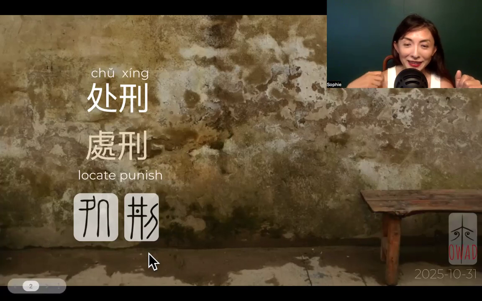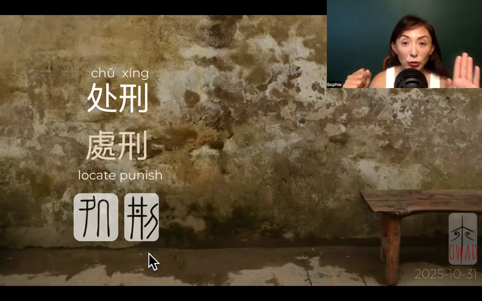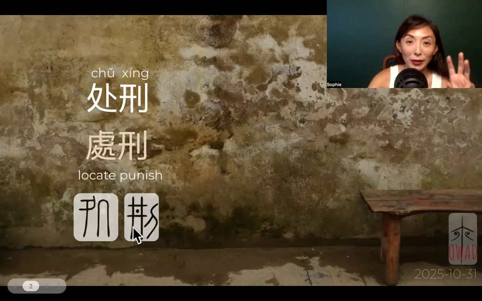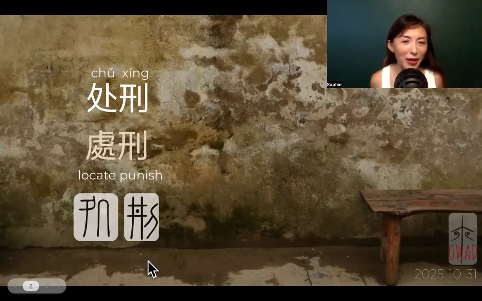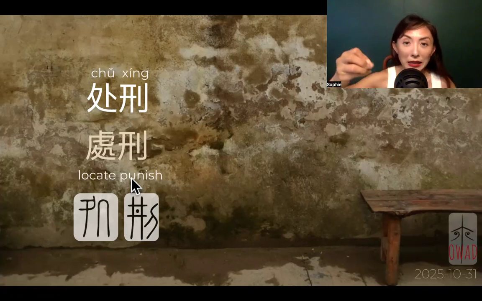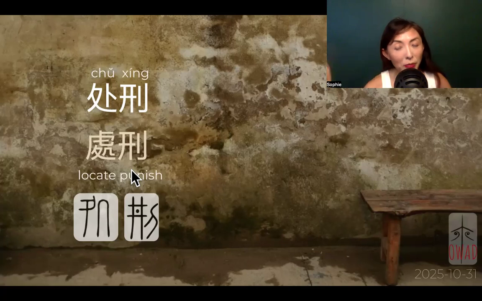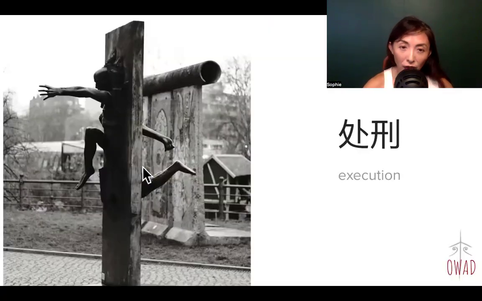The right side is a knife. So a knife can be a weapon, right? When we have both the rule and the enforcement of the rule together, that means punish. So if you're not following the well positioning rule, you're going to be punished, with this knife threatening to punish you. Okay, so locate, punish means you are punished on the spot. There's no jailing time for you. You get punished right away. And we can simply deduce that means you're executed on the spot at that location.